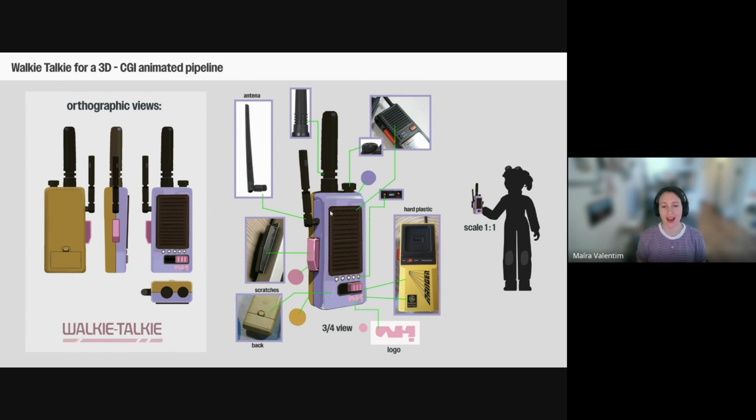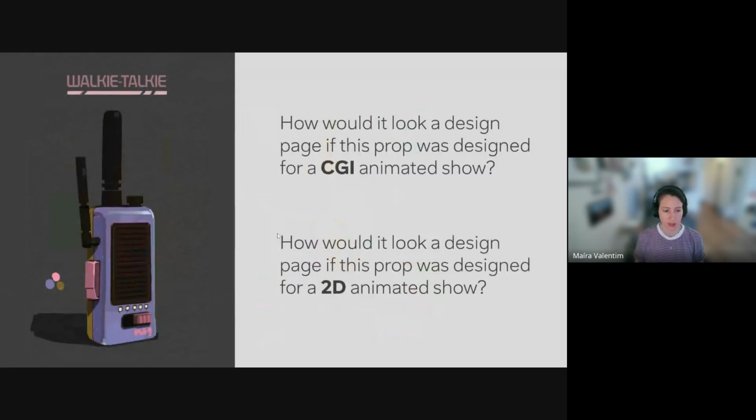Sometimes if the prop has some function, you have to say it in the design page and show it, like, oh, when it's open, it's going to be like this. When it's closed, it's like this, you know. So there's a lot of drawings that you have to do. And because this is a 3D model, we also have to give reference for the surfacing team, because if you only look at this here,